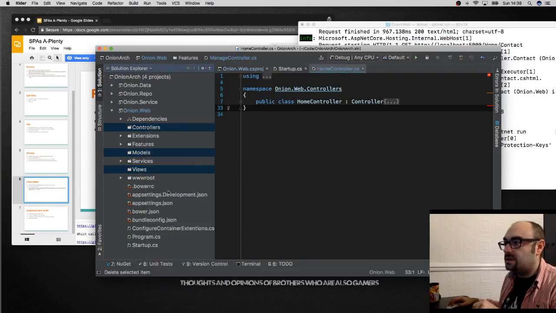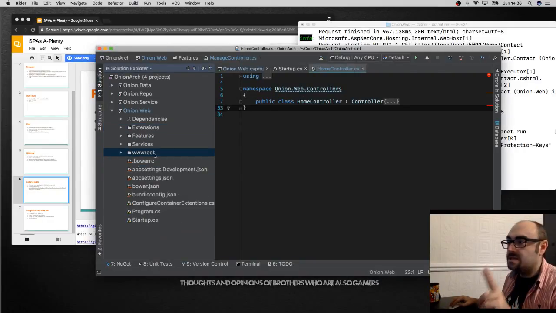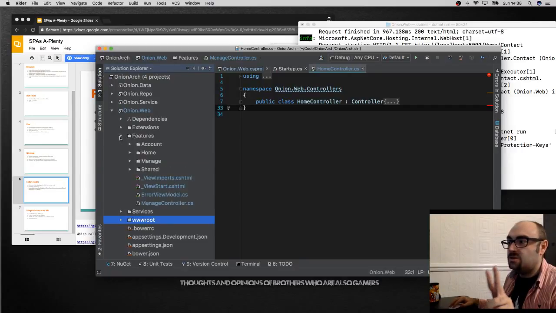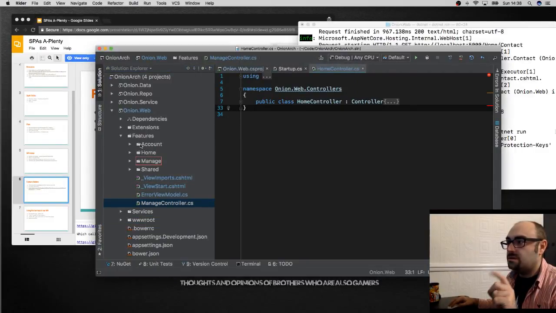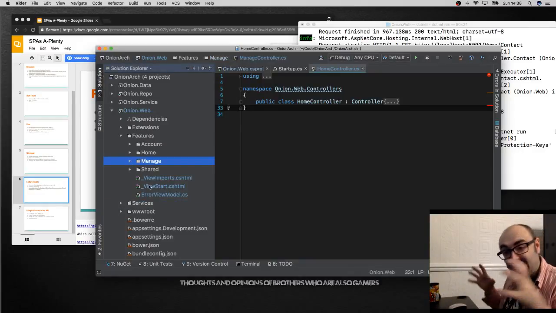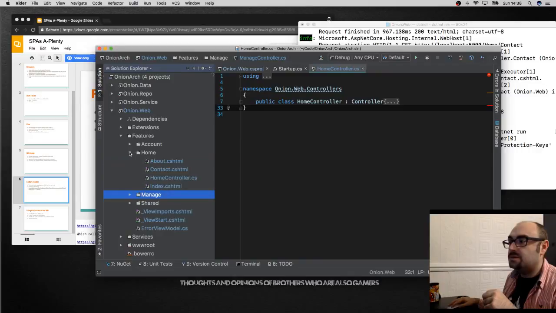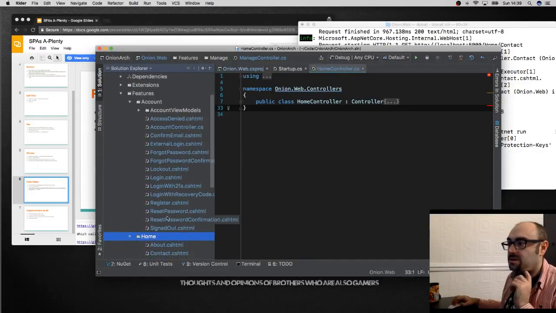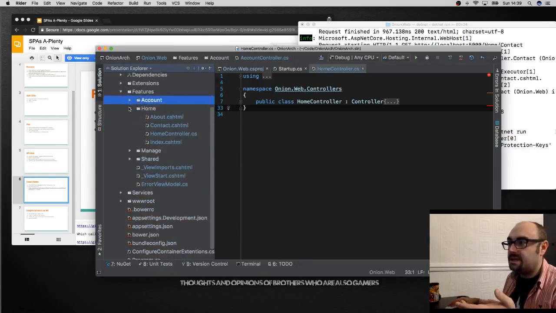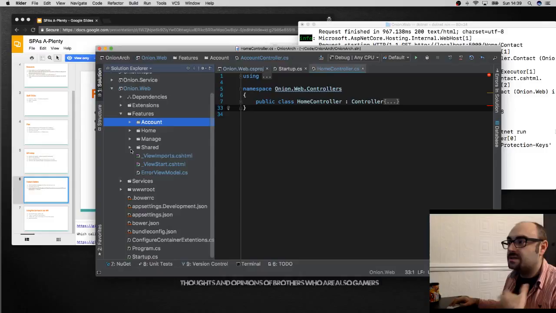If I do delete, you can see first off the solution is smaller. Secondly, if I want to add a new controller, I go into features, and then you create a directory and have everything within there. So in the home directory, you've got your controller and all of the views for that controller. Then in the accounts directory, you've got the accounts controller, all the files related to it, and the view models. It contains it quite clearly,